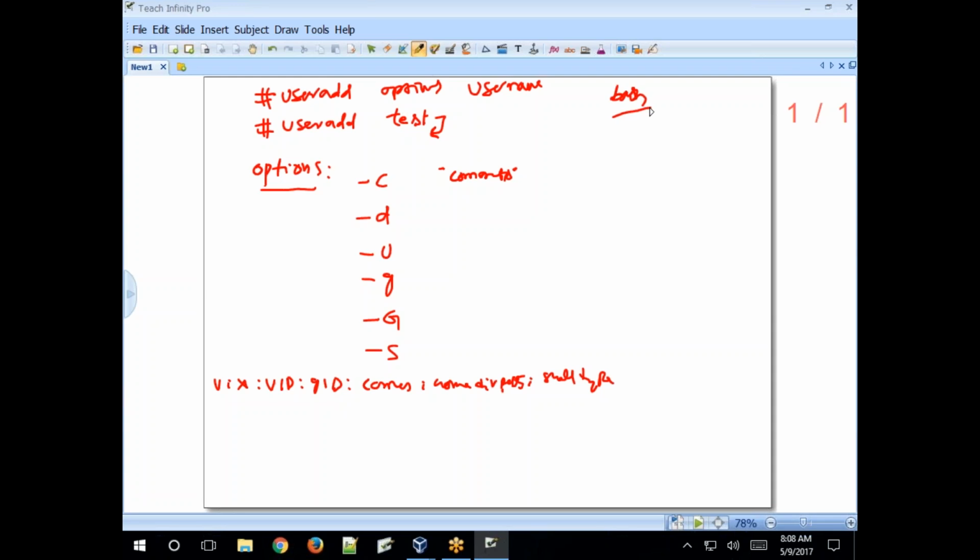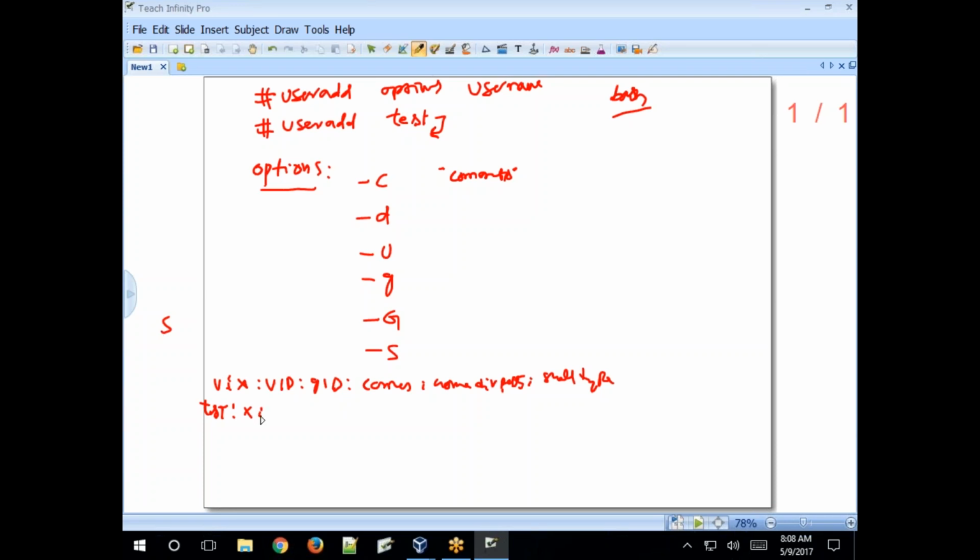Here this information will be updated in your password file. So if you create a user, the username is test, then the password field is x. This x points to the shadow file. If you create a password for that user, the password will be stored in the shadow file in encrypted format.